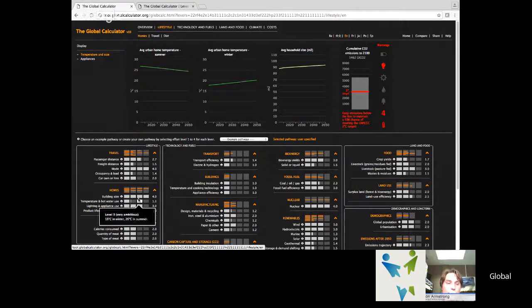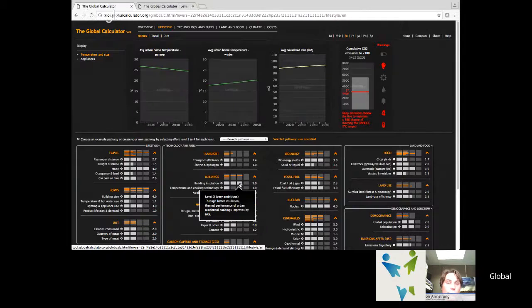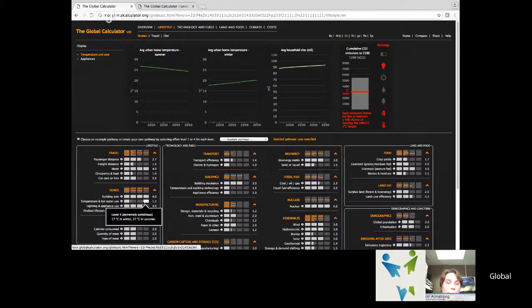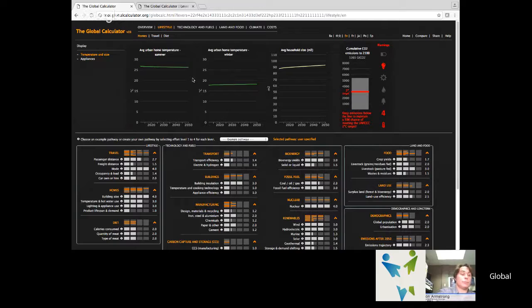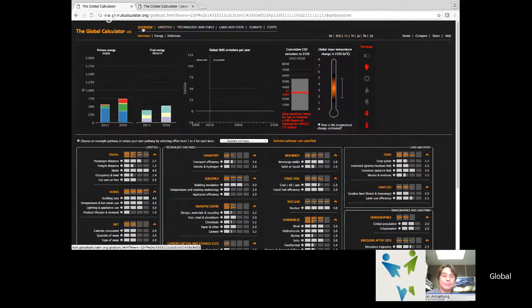You can also improve building insulation, for example. You can increase that, and then you could make people turn down their thermostats, for example. So you have a bit less warm homes in the winter and colder homes in the summer. So you'd have to wear a jumper in the winter and, I don't know, open a window in the summer. So you can look at some quite interesting information if you're